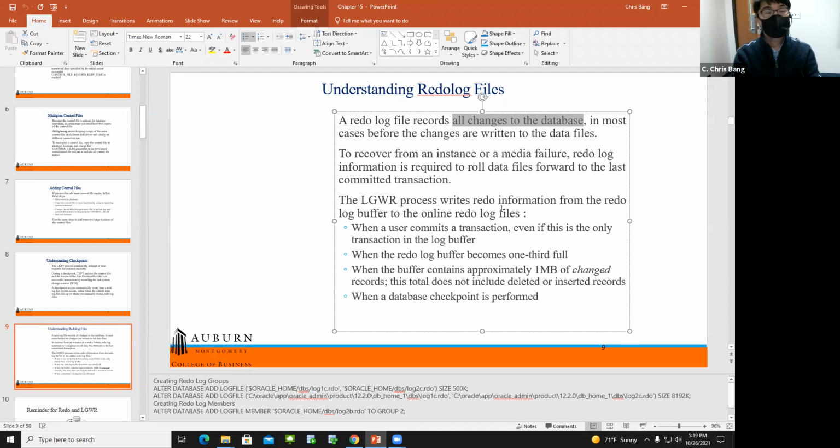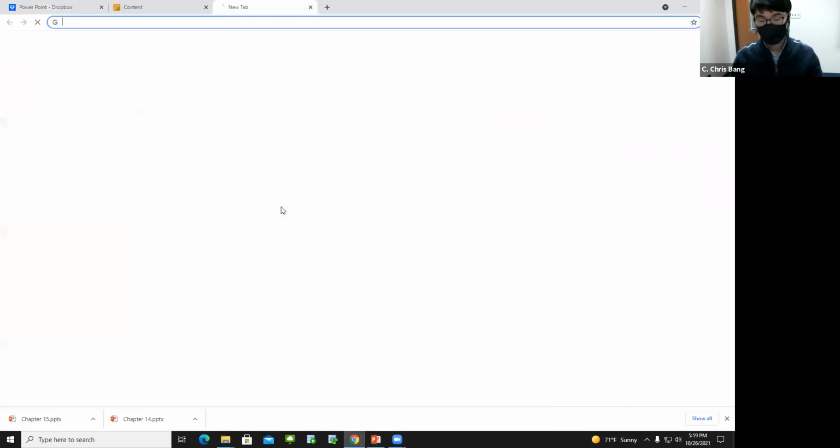But LogMiner is not activated by default. So to use LogMiner, you must run some statements. So you have to activate LogMiner. So if you run LogMiner, then